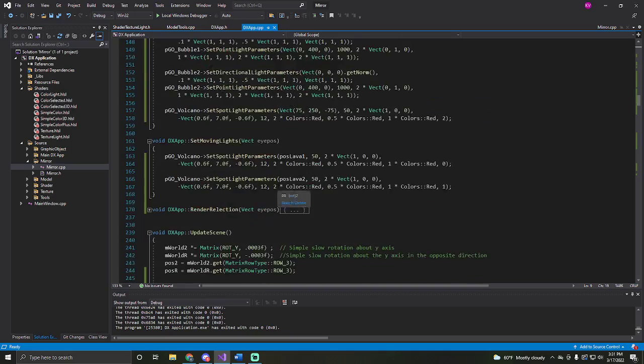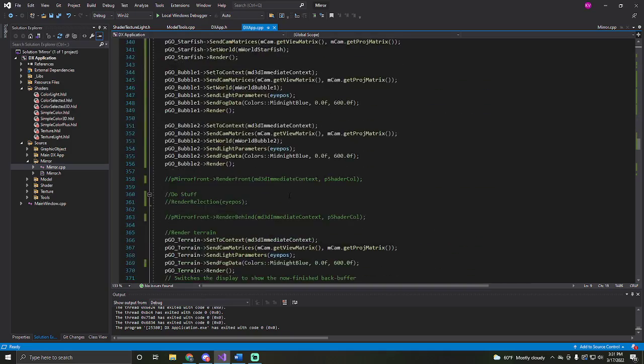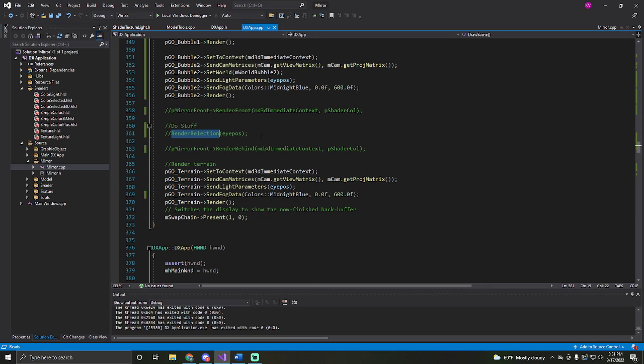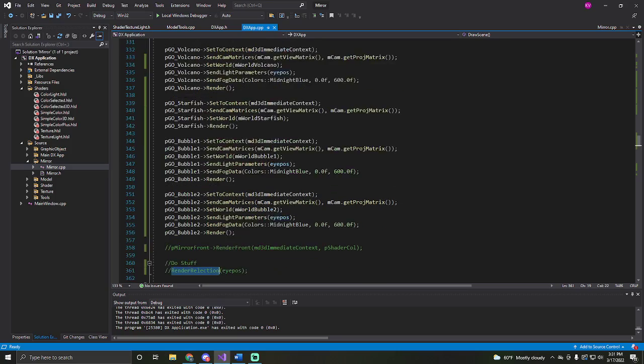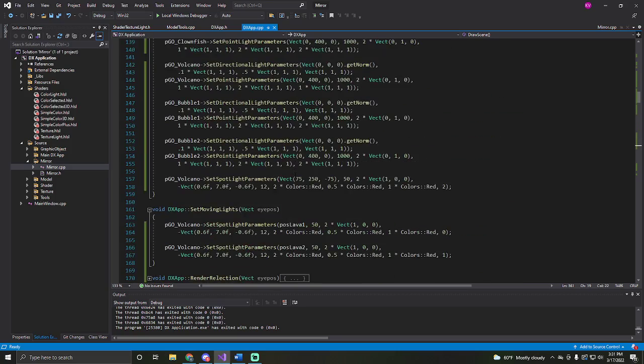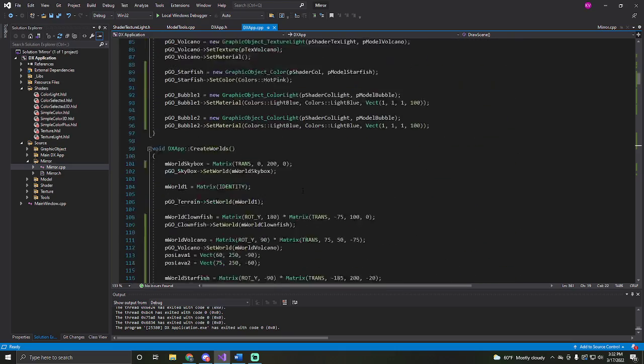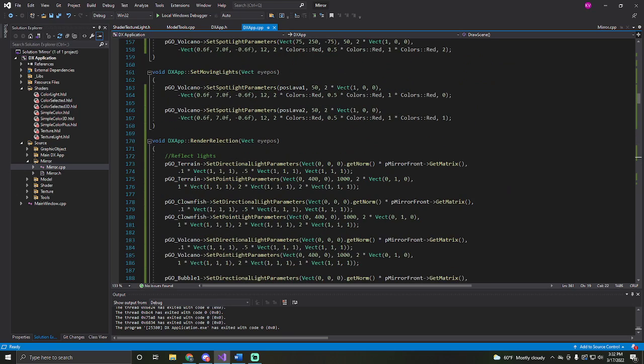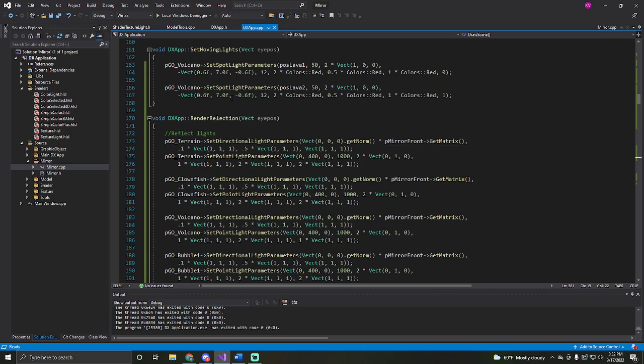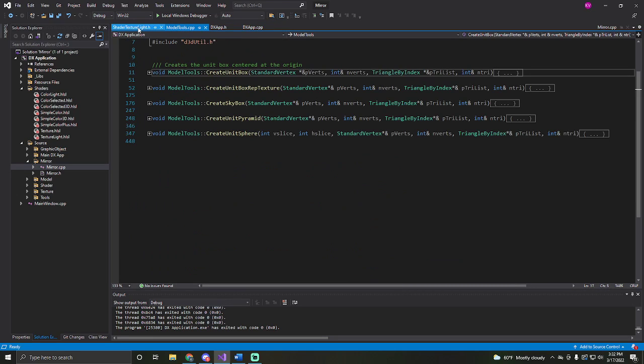So in my DX app, for instance, I rendered my skybox before, I rendered my objects before, and then you render the reflection. When I say behind the mirror, I mean you render the fake objects that are behind the mirror, the reflection. I do have a separate function because that was ugly. What you basically do, here, render reflection, is take all the objects you want to reflect in the mirror, and you basically just multiply them by the reflection matrix that's calculated